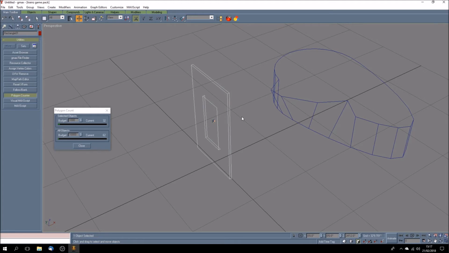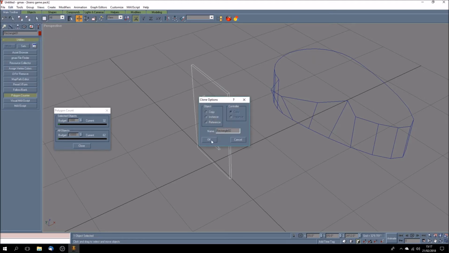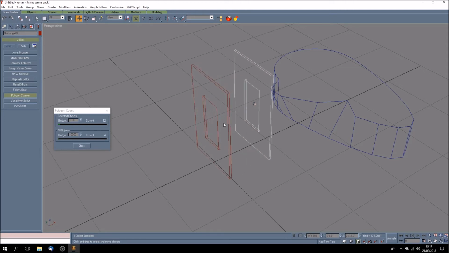So there's that, I've got it highlighted. So we come back up here to Edit, Clone, we make a copy of it, and Modify and Select and Move rather is up here. And that's what we've got selected. So we're just, there we are, we've got another one, and we're going to rotate it, and it's on the